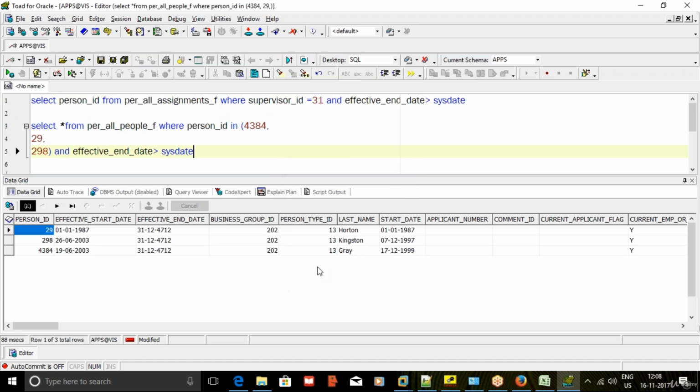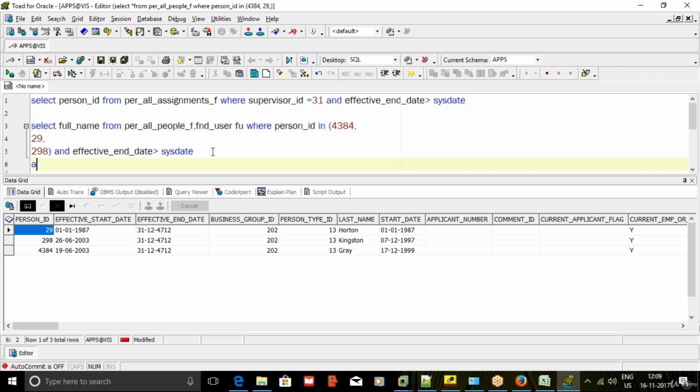So three employees we have got. I want to have the full name here, and at the same time I would like to have the application username also, from fnd user fu,